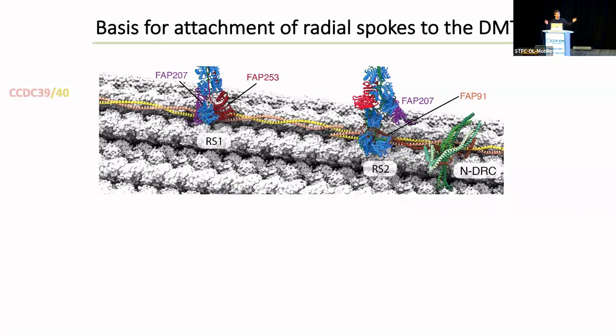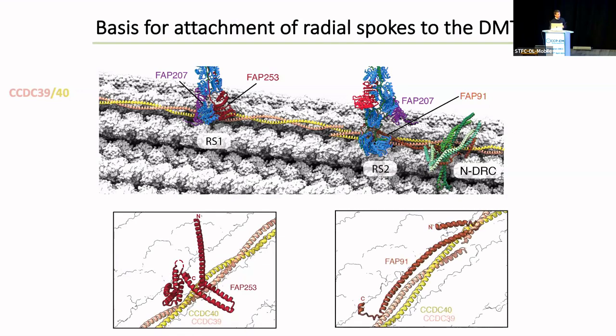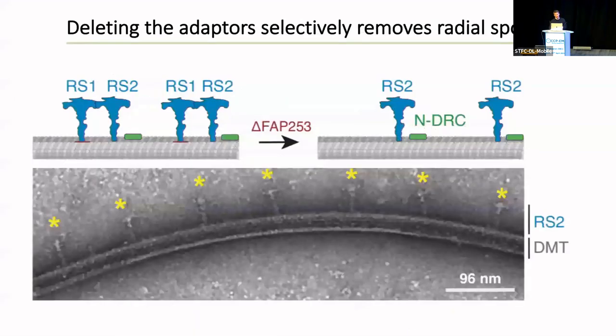So there are really long coiled coils that are 96 nanometers long that bind to the surface of the doublet microtubule, helping to establish the overall periodicity of the doublet microtubule. And then there are adapter proteins at the bases of the radial spokes that recognize specific sequences within this coiled coil to precisely position the radial spokes. And now we know the identity of these radial spokes, we can generate mutants to selectively remove one or the